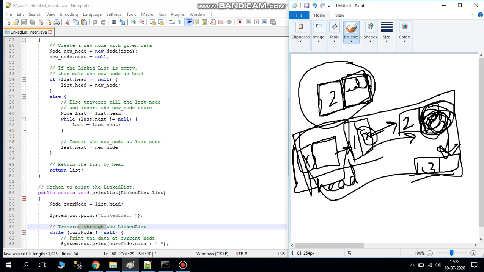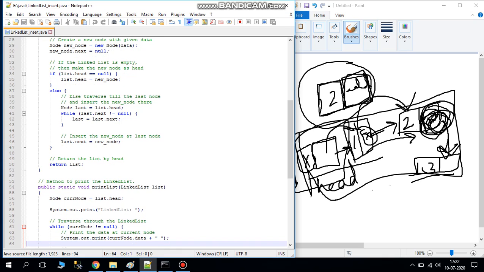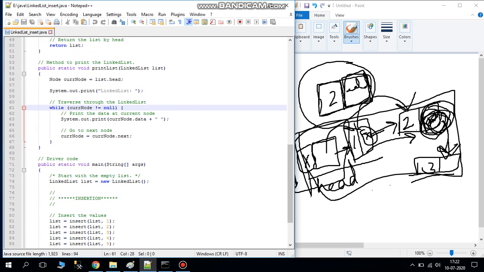How can we traverse? From this address to this address to this. So we can see here, while current node is not equal to null, that means we have an ongoing list, then we traverse till we find the null, which means the last node. We find the last node, we will traverse till that. So print the data at the current node,